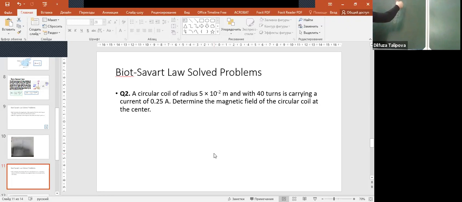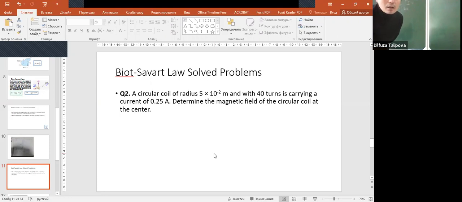It means that we have 40 turns here, okay? And the radius of this coil R is equal to 5 multiplied by 10 to the negative 2 meters. It means 5 centimeters, or 0.05 meters, okay? And the current is carrying in this direction, I